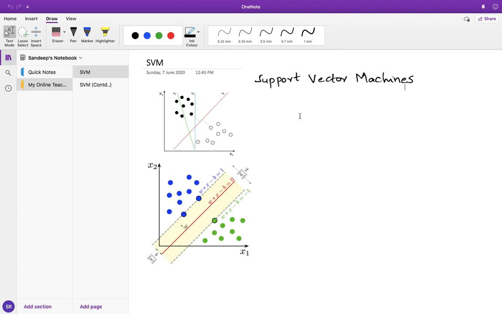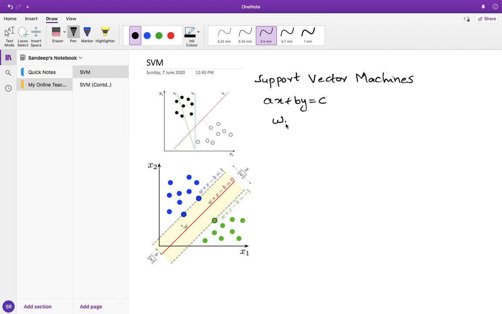First let me introduce some notations. The first thing to be written is the equation of the line, the hyperplane equation. In general, a line equation can be written as ax plus by is equal to c. This is a two-dimensional equation. However, since we also want to extrapolate to higher dimensions, we would write it in a different way, and we will use the notation w for the coefficients. Let me write that.